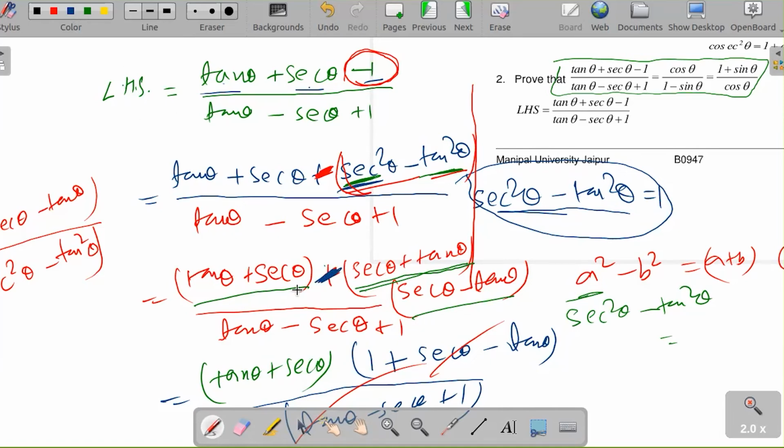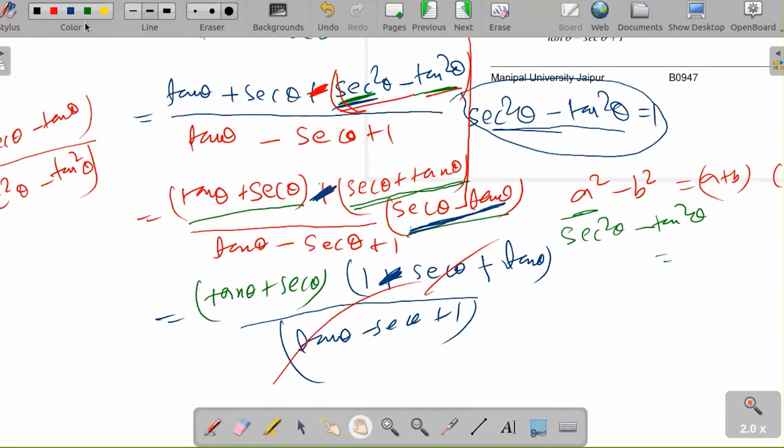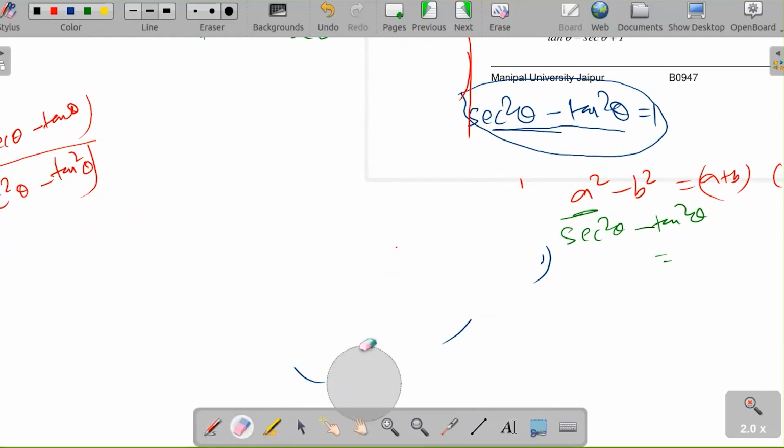So if we take out tan plus sec, then what will remain? 1 here, and this minus will change the sign of this. Got it? This minus will change the sign of this. If it is plus, then it will be plus into minus, it will be minus here. And this minus into minus tan will be plus tan. Got it here, or should I explain again? Just write whatever final thing you have found out. Erase this screen and write it in a sequence so that people don't get confused. Right.